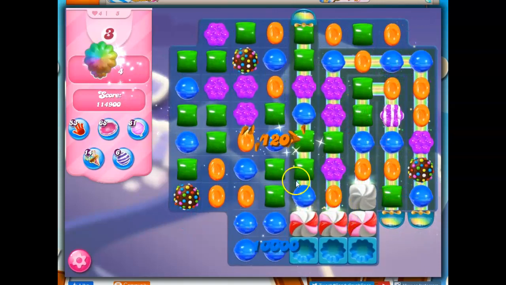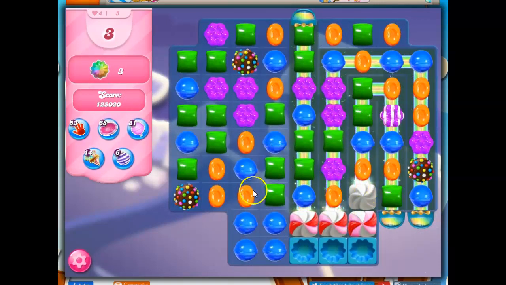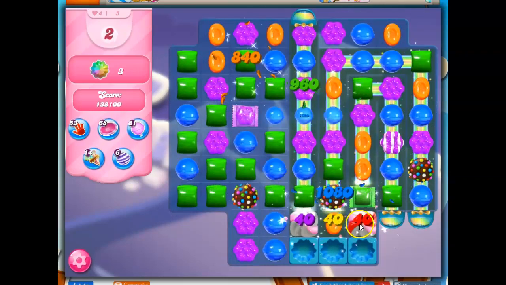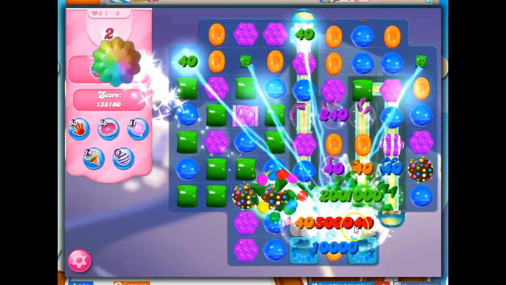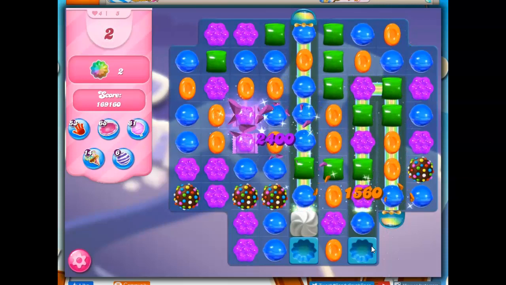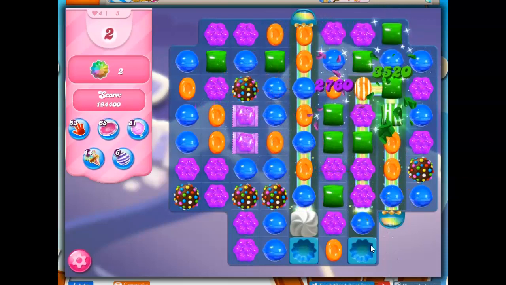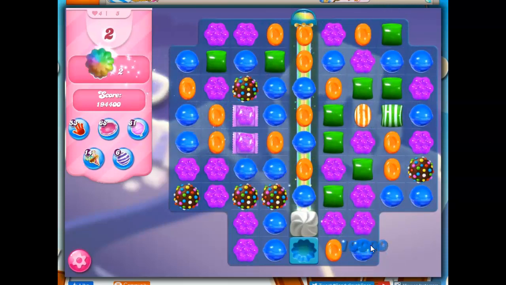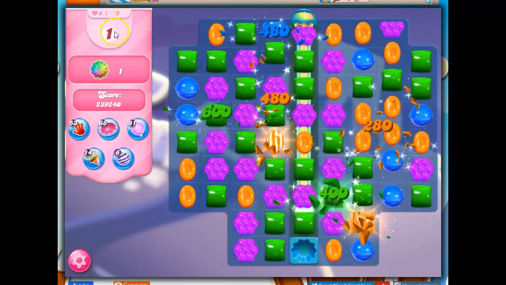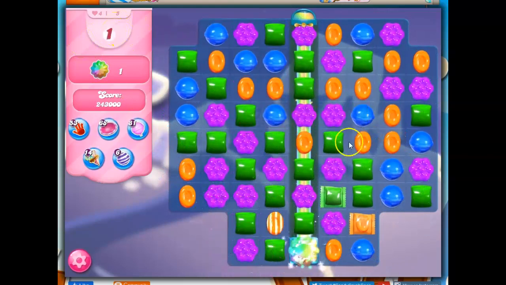Well, this has just got way easy now. So here I just take out colors. I just take out orange. And then that gives me the cascading I need to kind of complete everything else, right? All right, there we go. That's all I need. I still made it with barely any moves to spare, so maybe it's not as easy